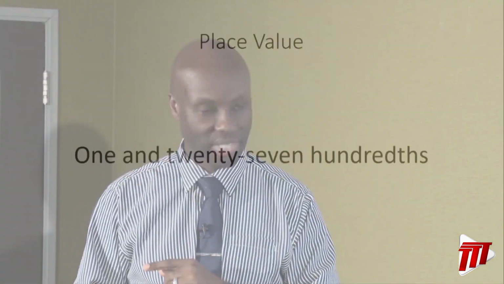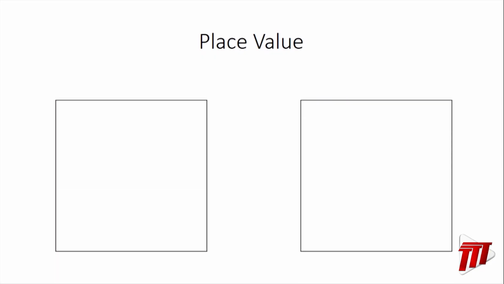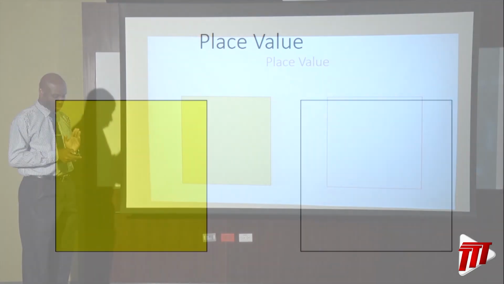So to represent 1 and 27/100, we are going to need two wholes. One whole is going to represent our 1, and to represent 27/100, we are going to separate the other whole into 100 equal parts,